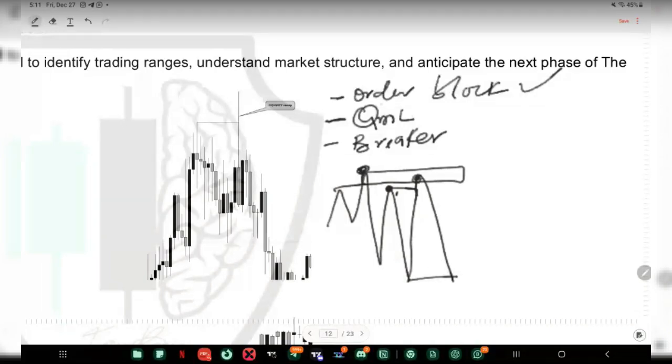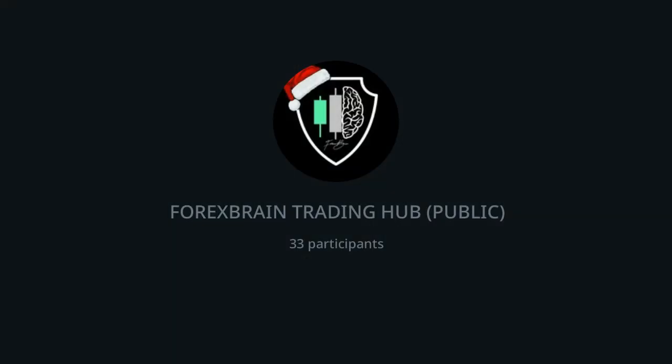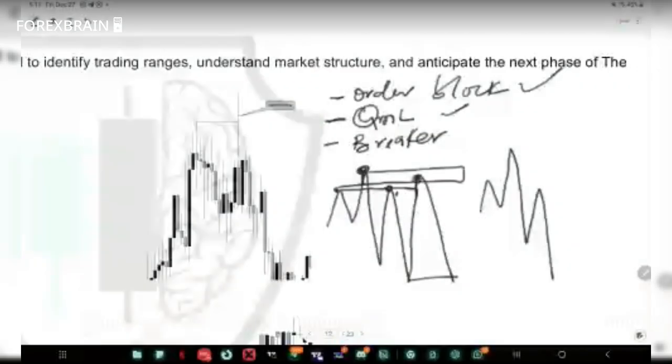Now, when do we use QML? I've talked about order block, so when do we use QML? It is when we have something like this. Now, you can see that in the first scenario, the first mitigation that created this structural liquidity was a result of mitigating the QML already. So when a point of interest has been mitigated, it will not be reused again, right?